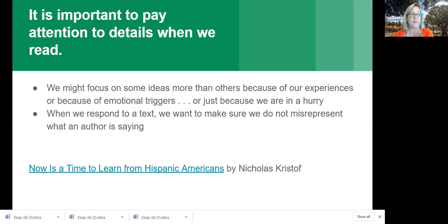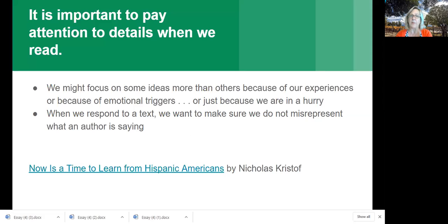So before we move on, I think that it's important to pay attention to details. Did I? Yeah, I missed that thing. I took out a slide, and I don't know why I took the slide out, but I did. I saw a lot of you were spelling Kristof's name in a variety of ways. And whenever you come across a name that you're not familiar with, and we do that all the time, there's so many names in the world.